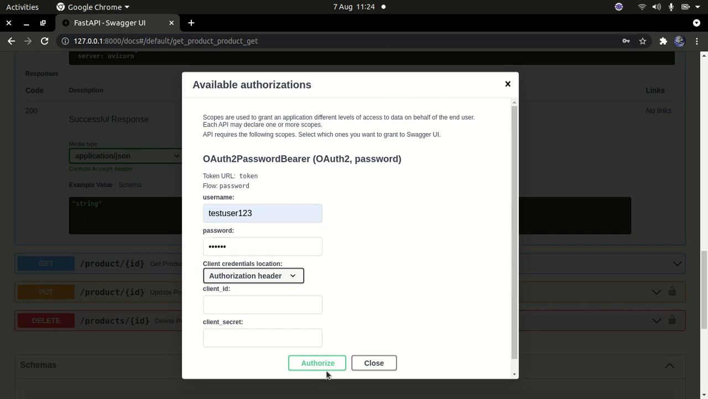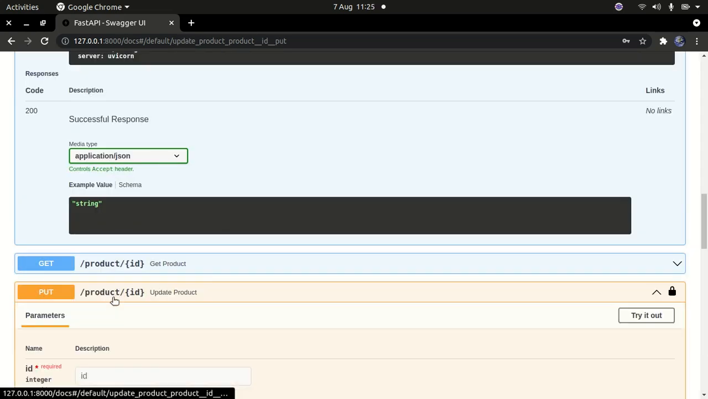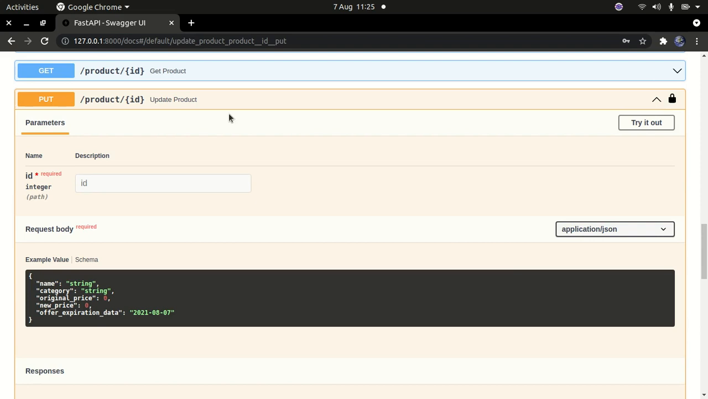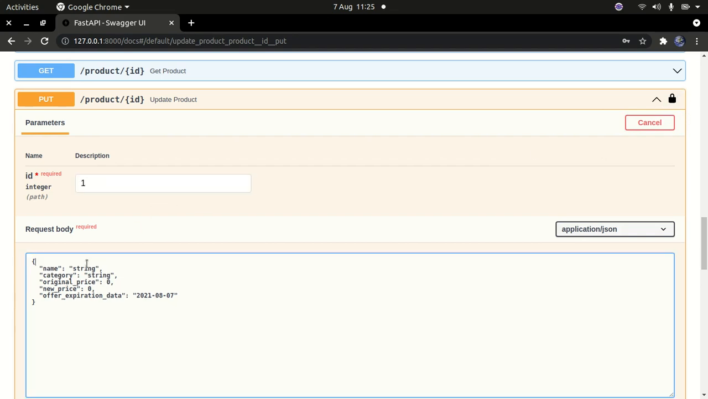Okay, and then I'm going to authenticate, and now that we have that, you can see we now have the upload, the put section where we can now make updates. You must log in in order to be able to use this section. So I'm going to type in an ID of 1, which is the ID of the product that we have,